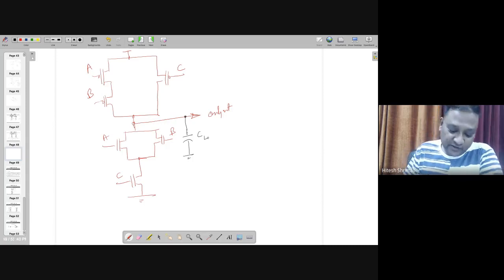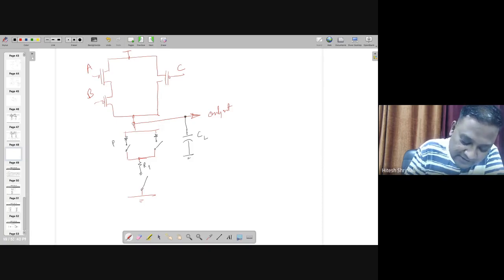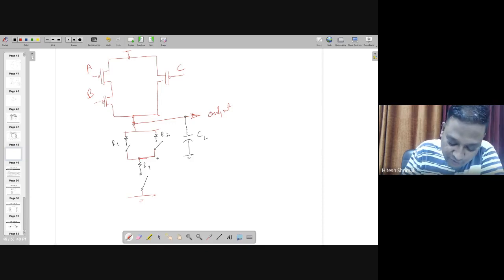Where I'm drawing the equivalent model of this one. It will be like this, right? Let's assume that all the resistances are equal. And whenever you are seeing some kind of node, you need to keep one more capacitance also. Let's call this C internal. You know how to find it out.